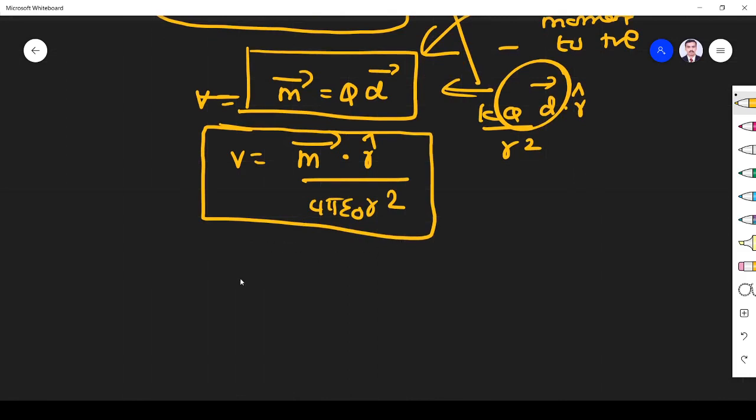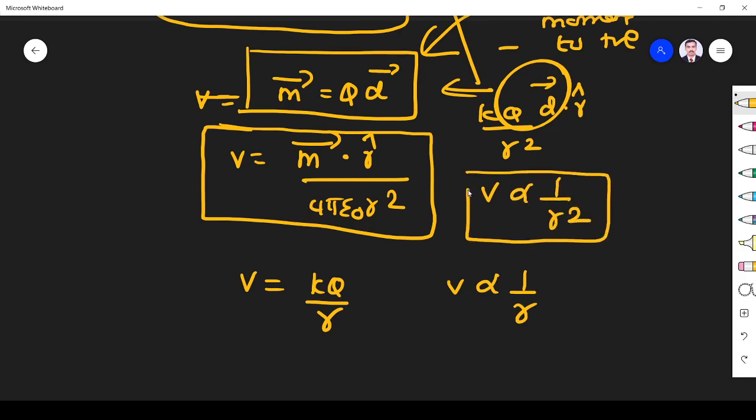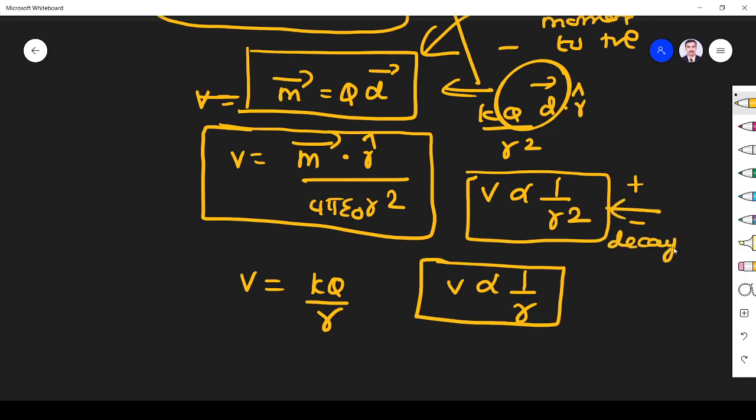Right? See, what is the potential due to a point charge? V is equal to KQ by R. So the potential due to a point charge varies with respect to 1 by R, whereas the potential due to a dipole varies as 1 by R square. This is of course correct only because it has two charges. The potential generated by the positive charge is cancelled by the potential generated by the negative charge. So it will decay faster because we are having two charges, but here it will decay slowly. Very, very important conclusion. Right? This is the potential due to dipole.